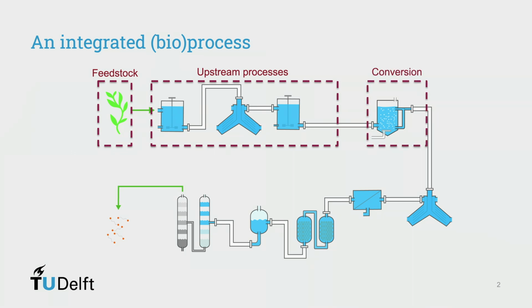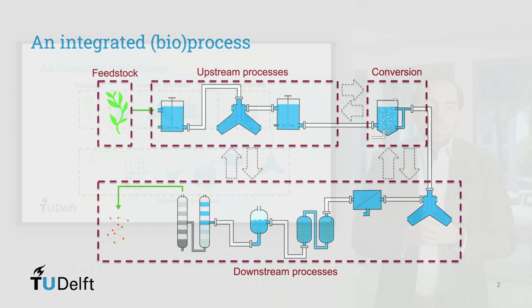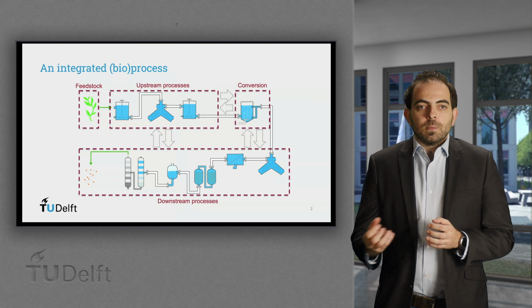This conversion can be fermentation, like in our case with PDO, but in reality, enzymatic, thermal, or chemical conversion processes are also used. After fermentation, the product is concentrated and purified in what we call downstream processing, and its specifications are adjusted to match those desired by the market. Finally, for optimizing process sustainability, a process engineer must recycle energy and mass flows, and the use of auxiliary streams is critical.